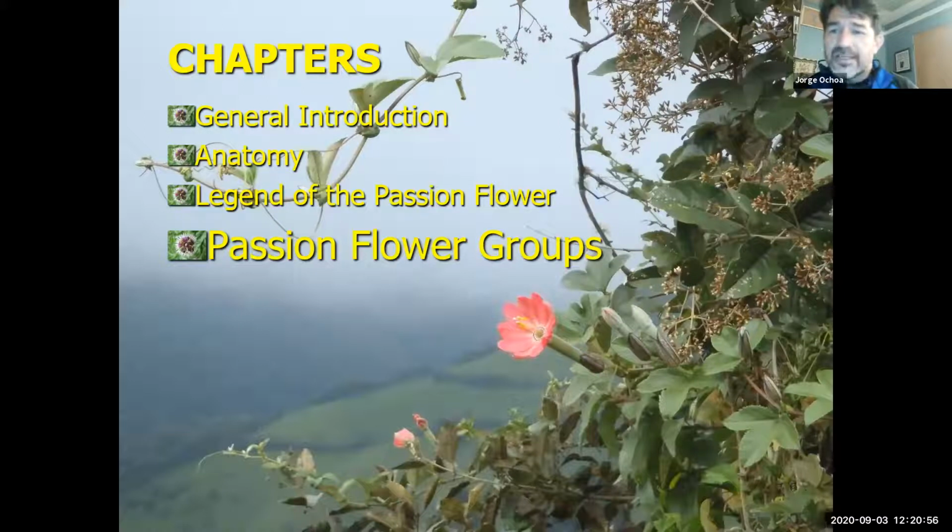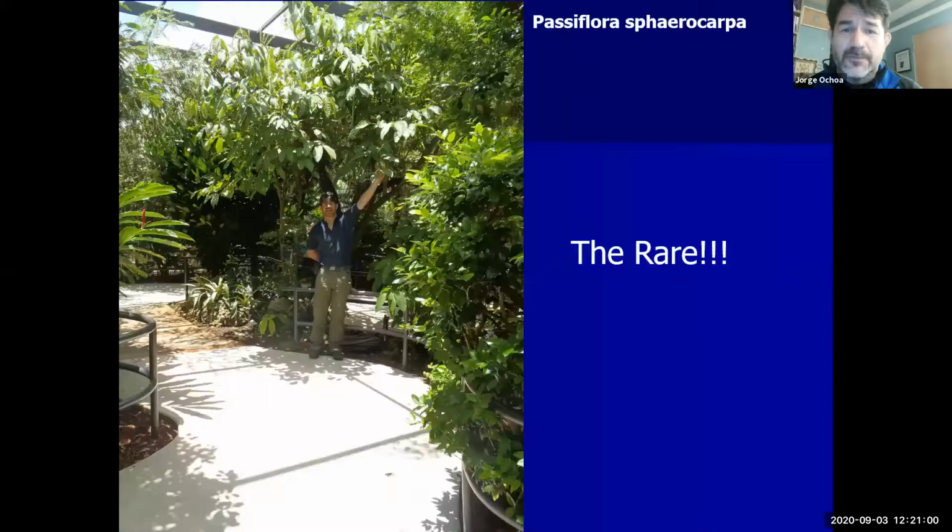So we're gonna take those 700 species and then we're gonna put them into small groups. The first group I like to refer to as the rare passion flowers. There is a group of about 60 species that are gonna be tree or shrub or woody lianas that will not have tendrils. So these are passion flowers that have abandoned the climbing habit, and now they rely on a very robust and strong stem to support themselves.